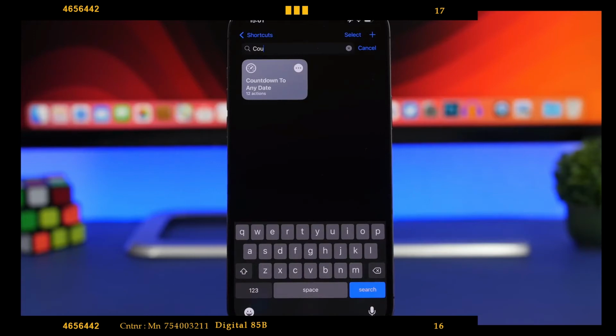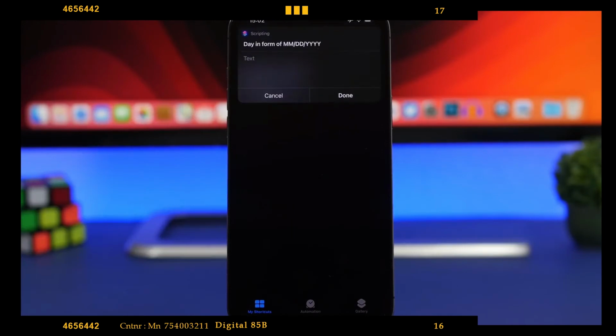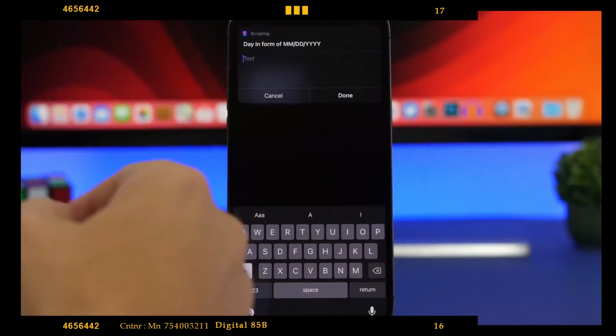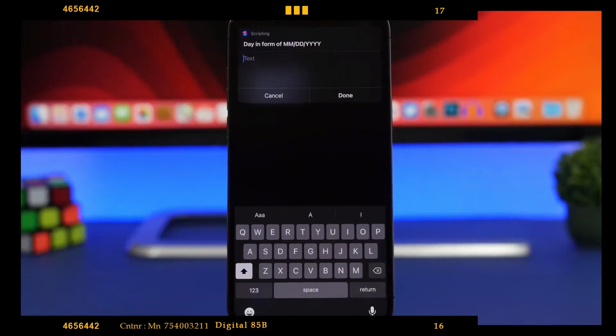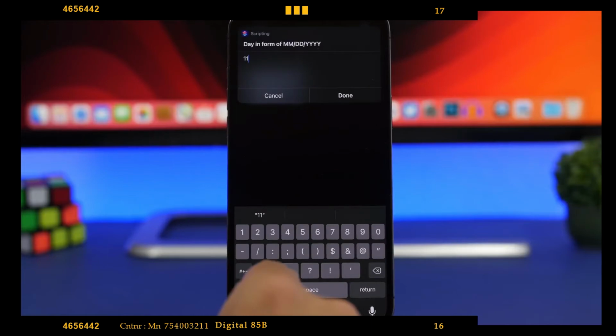Countdown to any date allows you to quickly create a countdown for any date you want. You simply run the shortcut and then choose the date from here, you can see the format right here. So let's just go ahead and choose the date here. So let's just go with a random date,